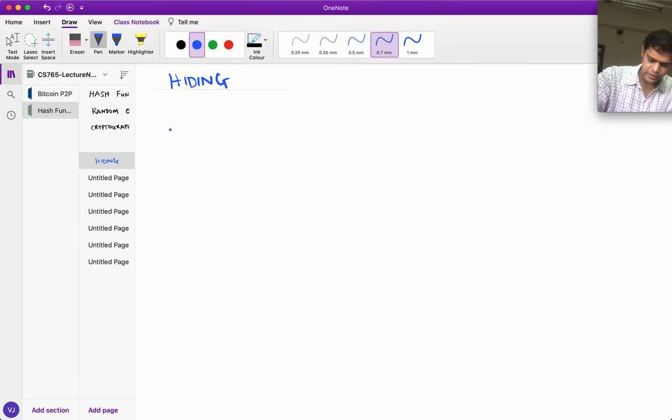A hash function is hiding essentially when, if there's something in the input which you don't know, and you sort of know the output, then it would be infeasible to find the input. Okay, so let me just write that out formally. A hash function H is hiding